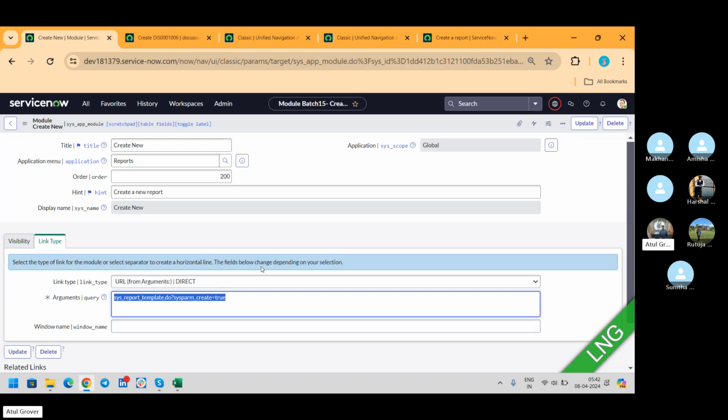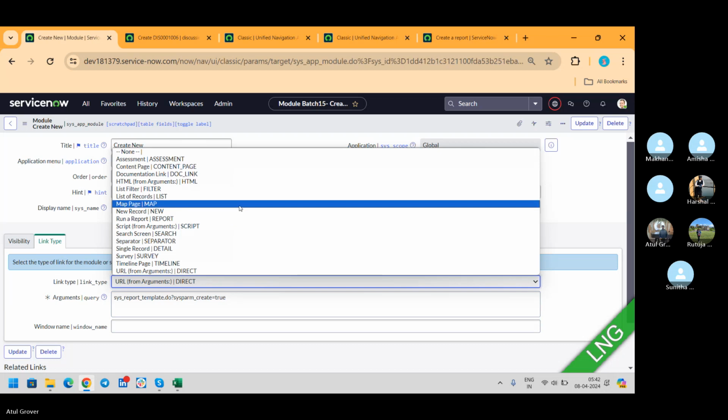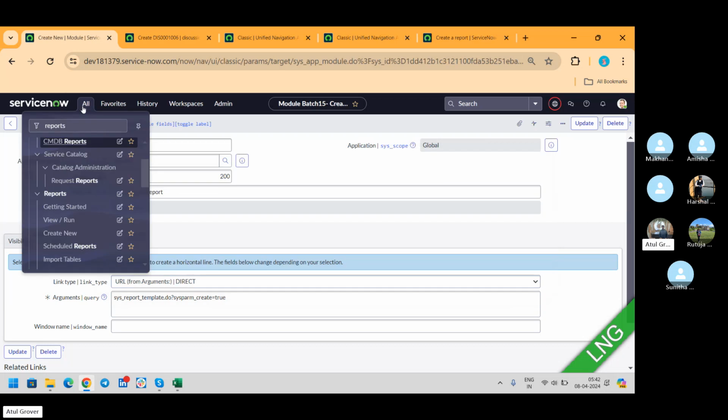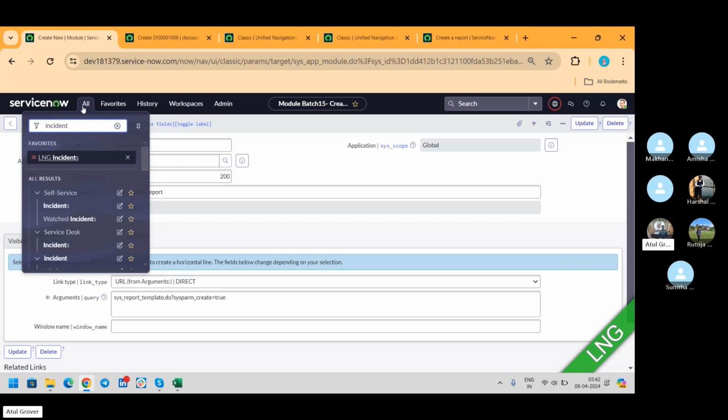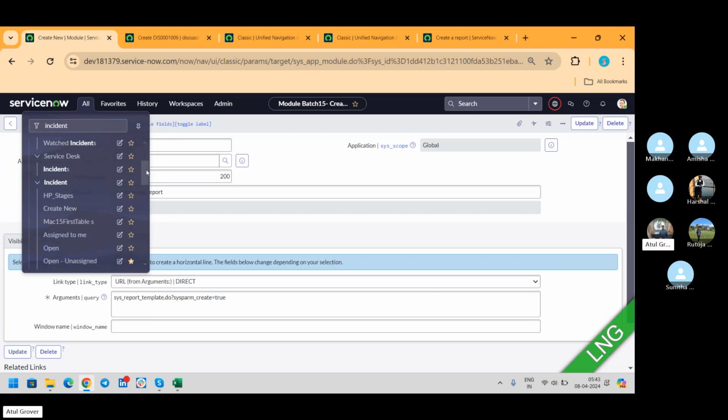Now maybe the question, Atul, can we create a different link type? You can create, but what type of link you want to create it? That is also matter. That's the first part. Second part, if I come here, means different topic. If I come here on the incident, and let's say I click on the all,